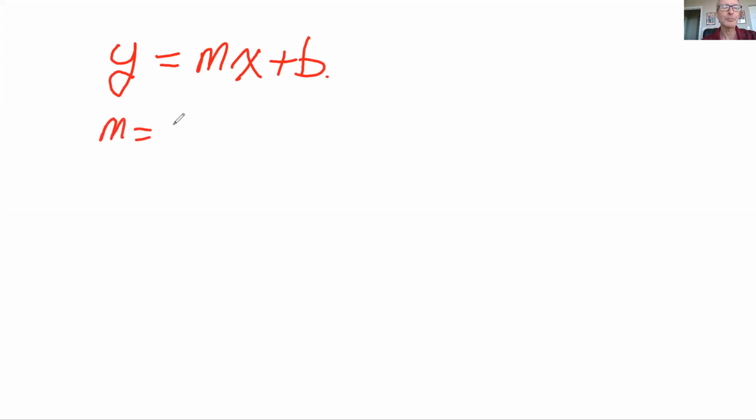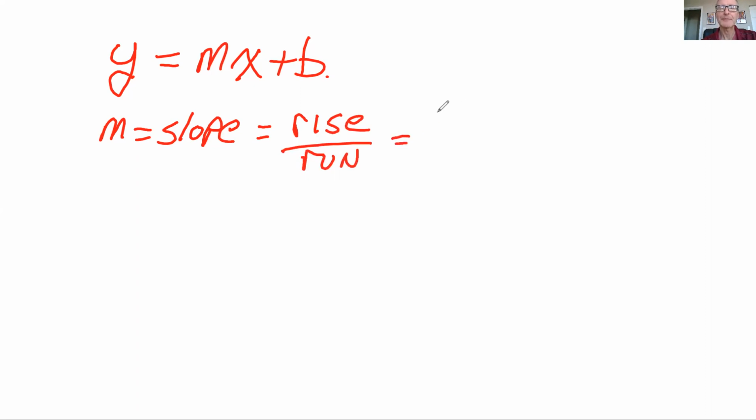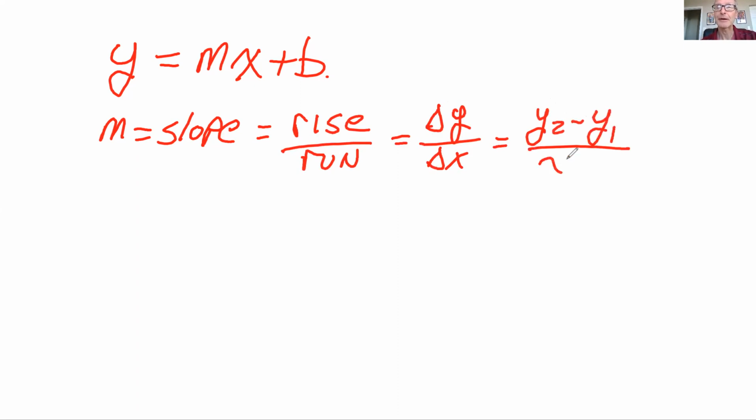where m is the slope, and that's the rise over the run, or sometimes we talk about it as the change of the y variables over the change of the x variables. And if you calculated that given 2 points, it would be y2 minus y1 over x2 minus x1. And the b is actually the y-intercept, and that's where